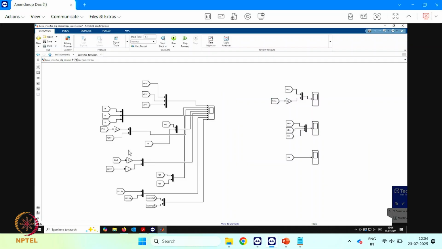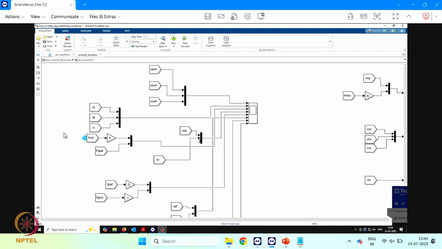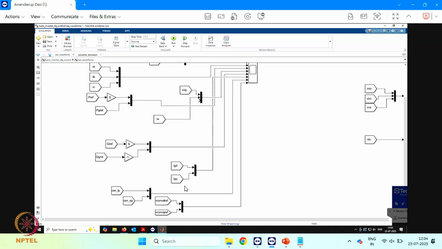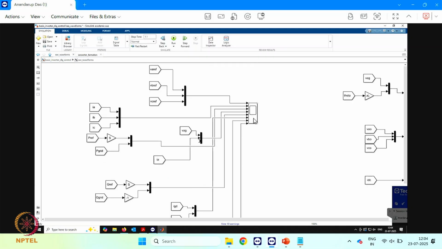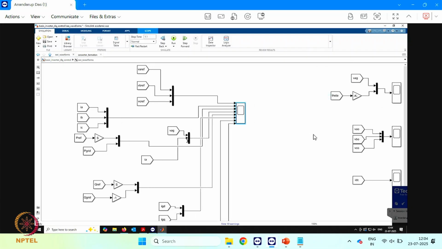This is the easiest block, so let me first show you. It is very simple. All the variables that I have collected in several places, I am putting into this scope, and this was the scope I was showing you earlier. Other types of variables can also be put in. For example, you can see the pole voltages. I have not shown you this one because it makes it unnecessarily